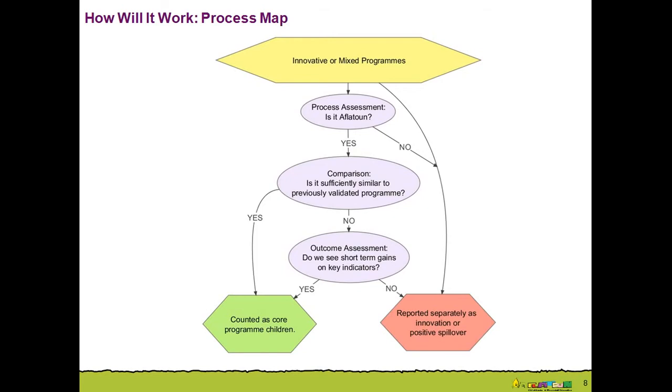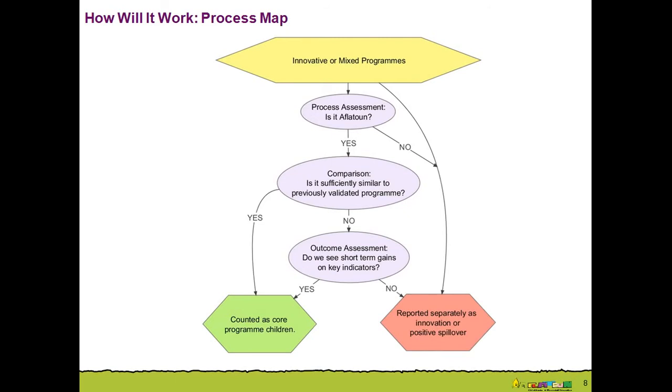This can be verified through just a discussion, but also through a process assessment. So for example, there might be a researcher who comes, observes classrooms, looks at documentation, looks at the curriculum, looks at emails and processes for how the curriculum came to be, and tries to find out if there was an influence by Aflatoun as a secretariat or as a partner, and whether the content is, again, like Aflatoun.